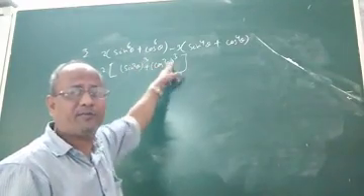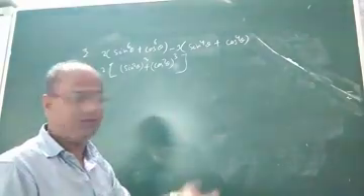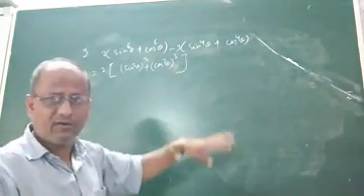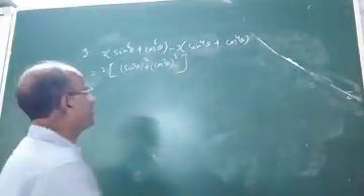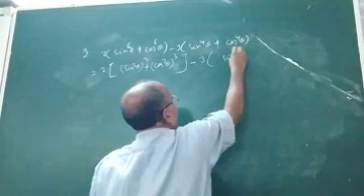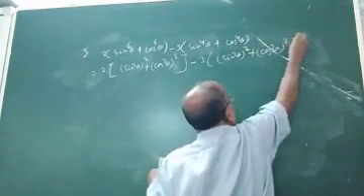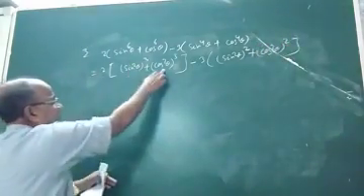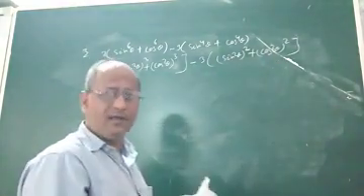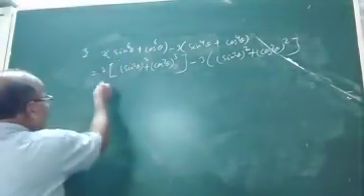this is of the form A cube plus B cube, and we know the identity for A cube plus B cube. So by reducing this expression to the form A cube plus B cube, it is possible to evaluate such a trigonometric expression. See, now this expression in the bracket can be written as (sin^2 theta)^3 plus (cos^2 theta)^3. Take this one A, take this one B, it is A cube plus B cube. Take this one A and this one B, it is A square plus B square. So we know the formula for A square plus B square as well as for A cube plus B cube. Let us apply.